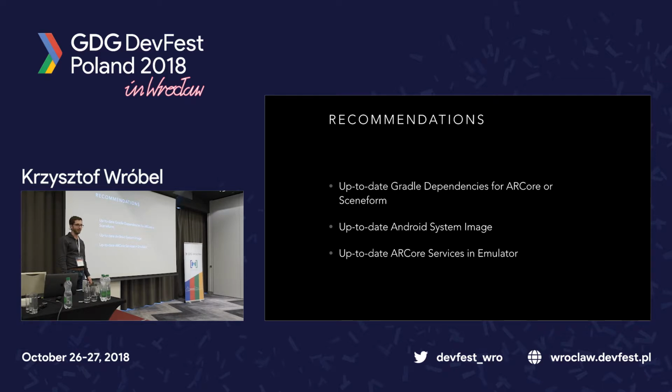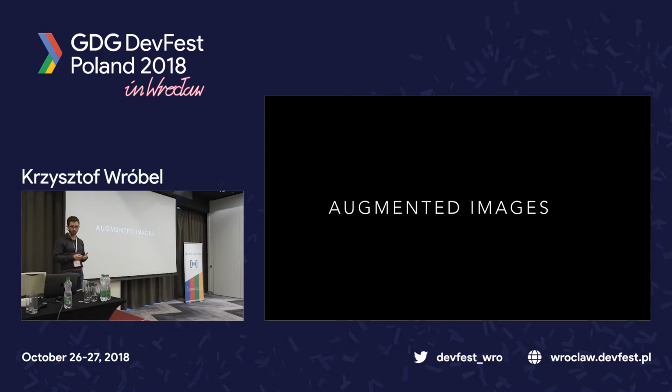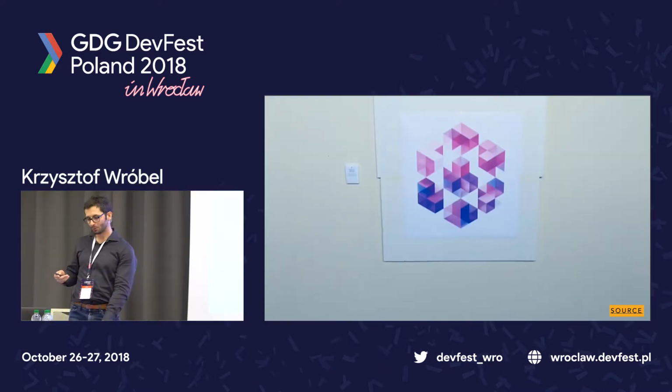And there is also an ARCore emulator version of the app, which is also really good to update. You need to go to the ARCore SDK page, and this is where you can get the ARCore services APK for the emulator as well. Okay, so now I want to go much more into details when it comes to augmented images,